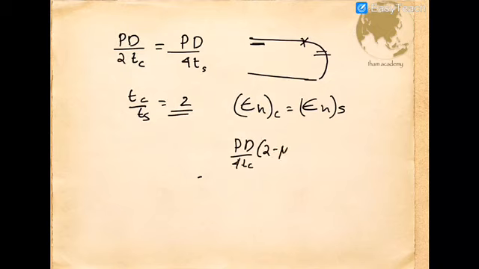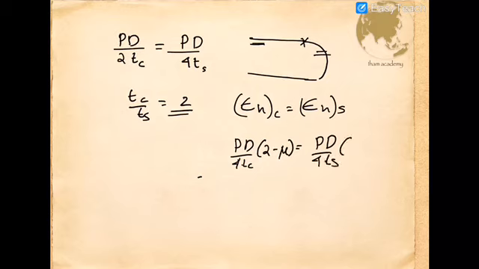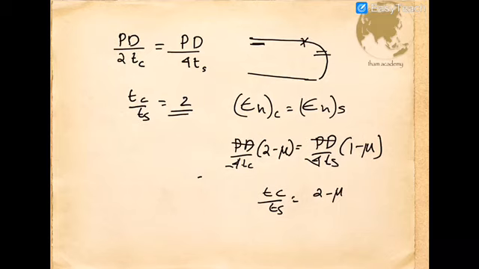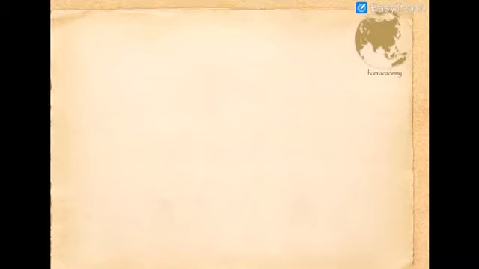So PD divided by 4TC into (2 minus mu) should be equal to PD divided by 4TS into (1 minus mu). Considering the same pressure and diameter, we get the ratio TC divided by TS as (2 minus mu) divided by (1 minus mu). So just keep that in mind. Analysis of the thick cylinder will be discussed in the